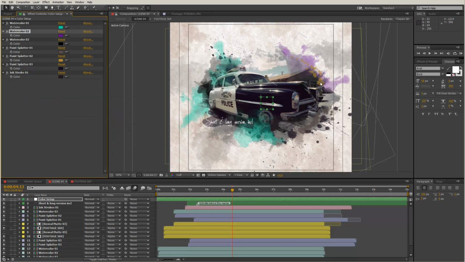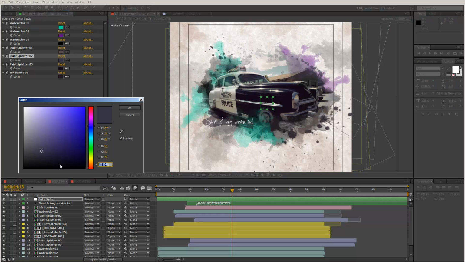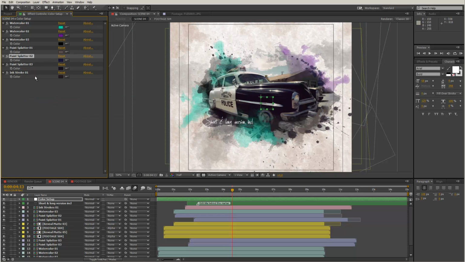And then you see we have these paint splatters here, paint splatters number 2, and I want to change it and take color from our car, so maybe something like a darker color here, and now saturate it a bit more, make it a bit darker so that everything blends nicely. And then we have paint splatters number 3,